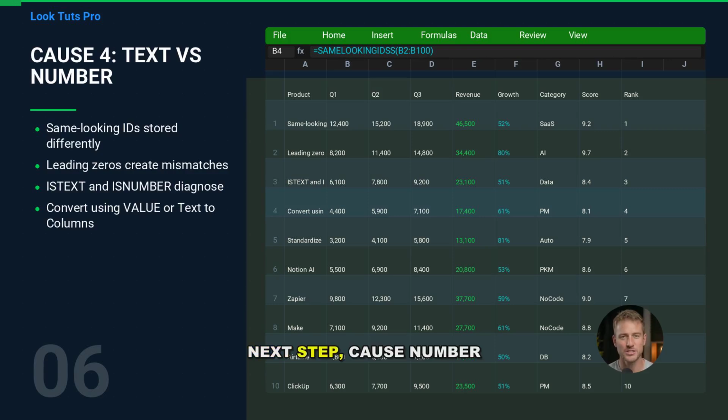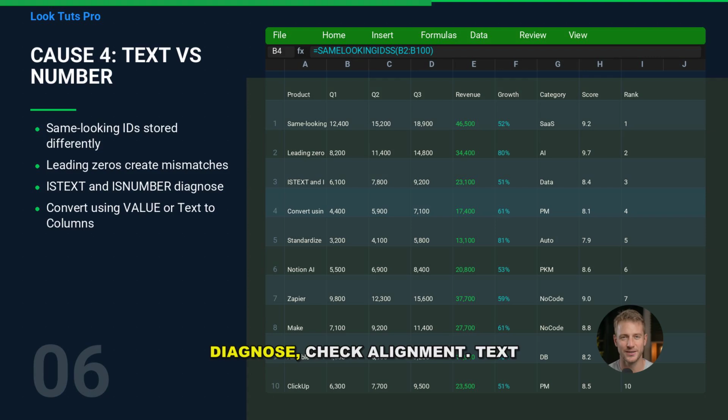Next step. Cause #4. Numbers stored as text, or text stored as numbers. A classic example is an ID like 001234. One row might store it as text to preserve leading zeros, while another stores it as a number, which drops those zeros. They may look similar depending on formatting, but Excel sees different values. The same happens with numeric strings that include a hidden apostrophe, or with imported CSVs where everything becomes text. To diagnose, check alignment. Text often aligns left by default,